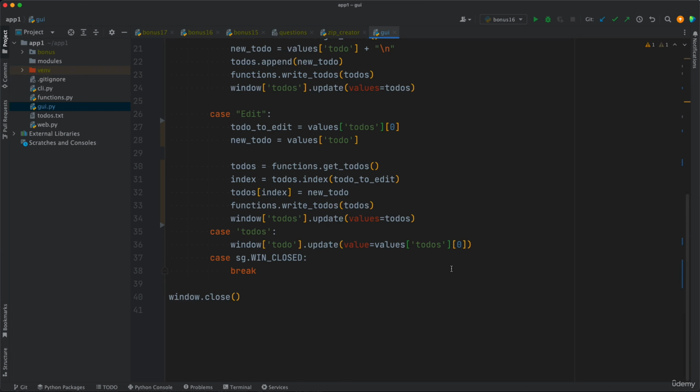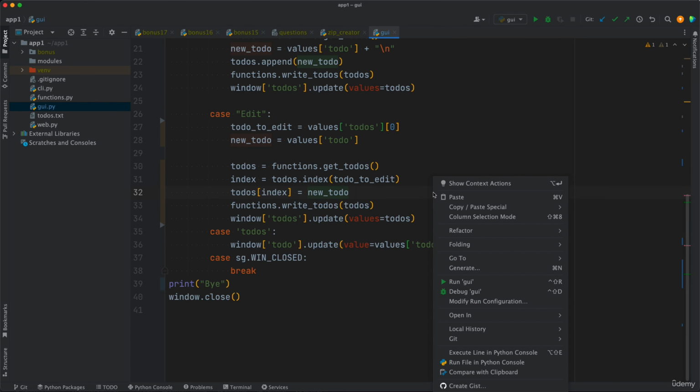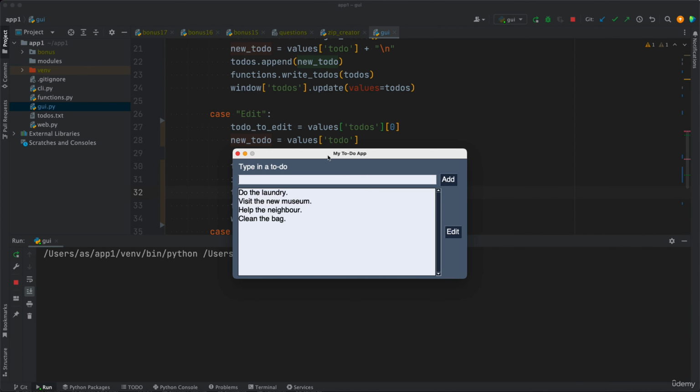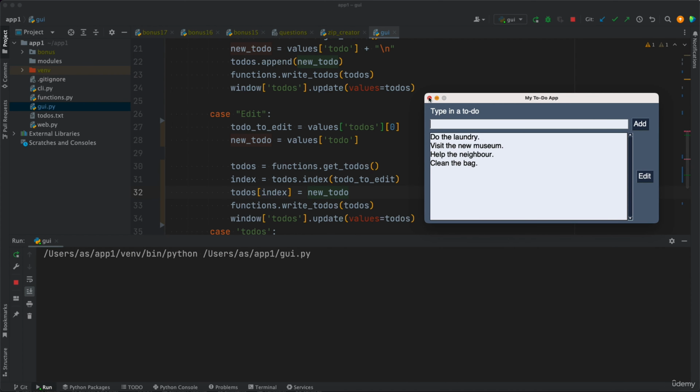This is the existing code we built so far. So at the end of the code, we have this case SG when closed break. And then we have window.close. Now, if I add a print bye function just above the window.close statement outside the while loop, you see this is unindented. It is on the same level with window.close. If I run the program now and then I press this button,